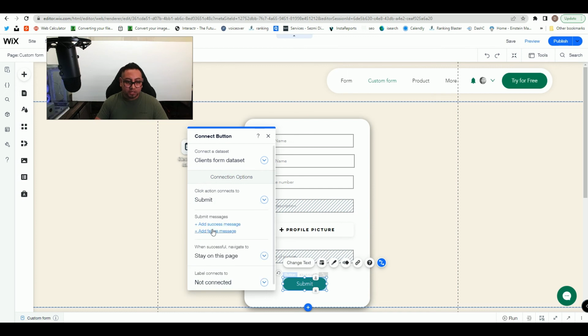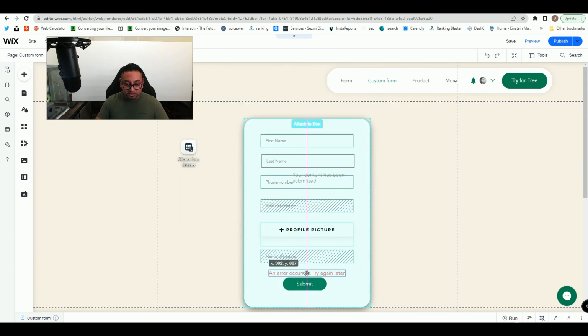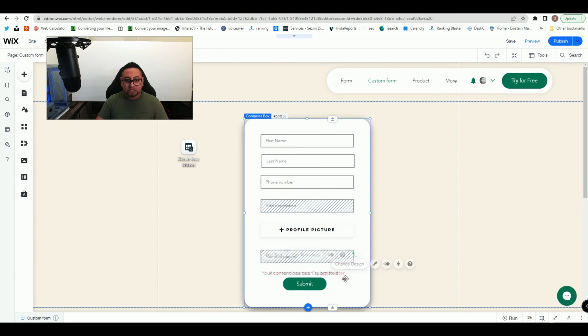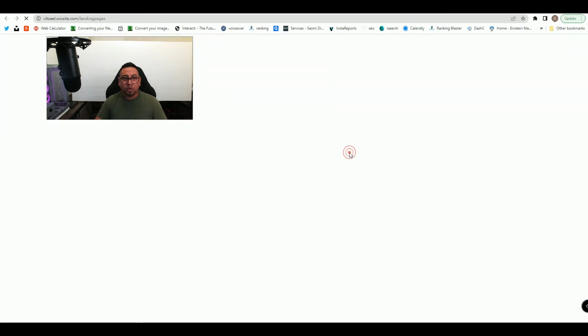and then you have to add these two options: add success message, show right here, and a failure message. So you just gotta drag this where it's visible, and this is not gonna show on your live version, and usually I like to put it on top because it's hidden. It's only gonna show if you get an error or if the message is successful. So I want it to show on the same spot, but you're also welcome to move it as you wish. So that's all connected. So we can click publish, and we can actually see what the form is gonna look